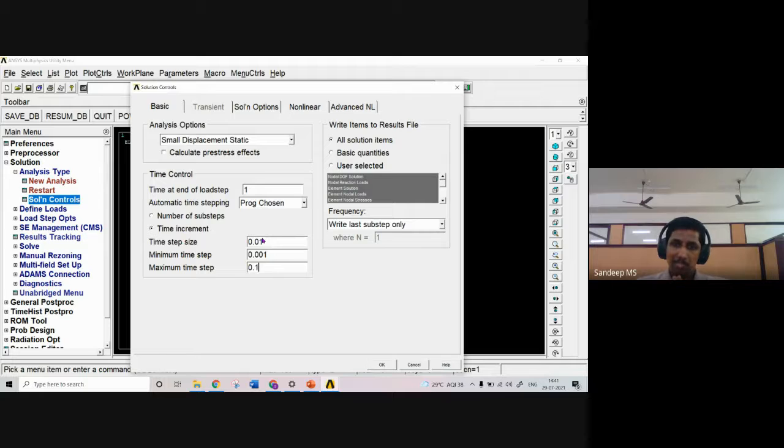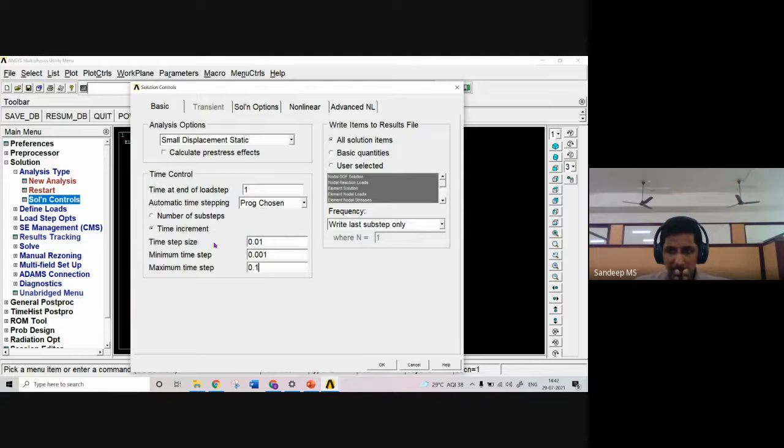It will check for convergence. If it is not converging, it will automatically come back. If it is converging, based on the algorithm, it will check whether the nearby values will converge or not. If it feels that it will converge, it will stick to the maximum time step. Suppose it is not happening, it will come back to this time step option itself. And again, if it is not converging, it will go with this minimum time step option, which is well below the time step option.